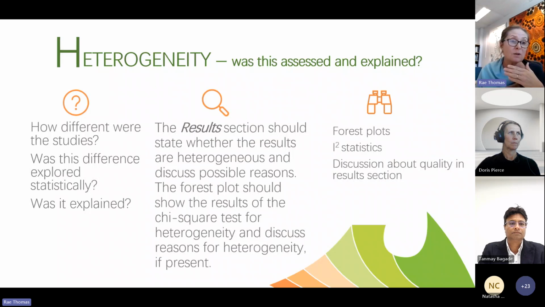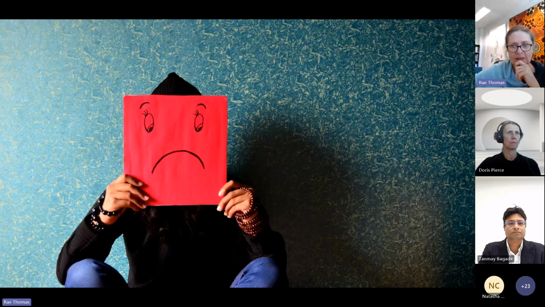I'm going to find that mostly in the results section, but they should have again flagged that to me in the methods section as well. What am I looking for? Things like forest plots. Have they considered I-square heterogeneity statistics? Have they talked about the discussion of the quality of the papers? Have they synthesized it in a way that shows me that, oh, here are the good quality studies. These are the ones that we think are similar in risk of bias content compared with others. All right. So let's have a go, shall we?